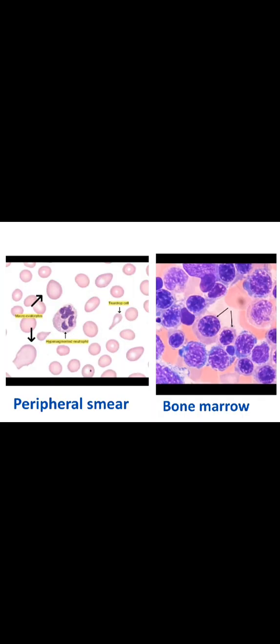First image showing peripheral smear, arrow showing macro-ovalocyte. So it is the cell like in oval shape, while hypersegmented neutrophils. So neutrophil have lobes more than 5, and also teardrop cells is present. In bone marrow, it is showing megaloblast. So we can appreciate nucleus has a sheaf, chunky like nuclear chromatin, and cytoplasm is bluish in color and increased